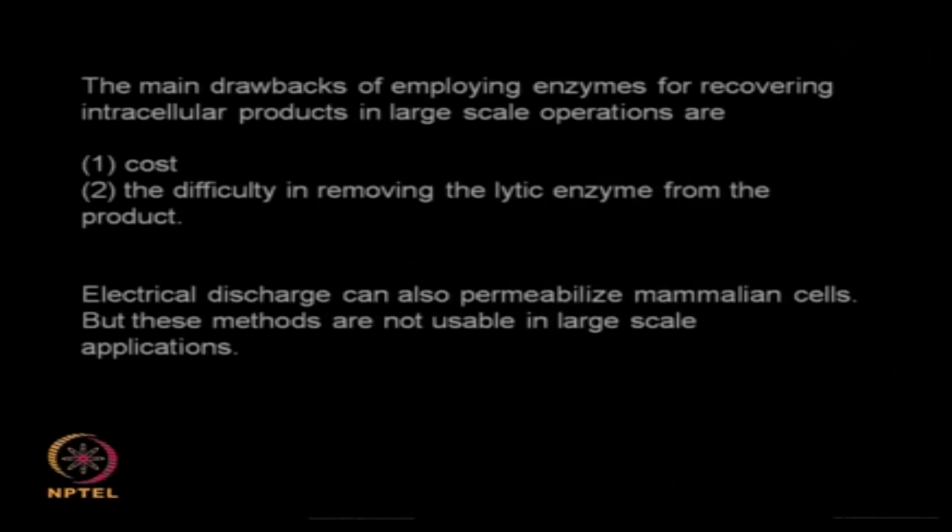The main drawbacks, as I mentioned, are the cost, and the difficulty of removing these enzymes after they have done their job, because if your intracellular product is an enzyme and you are using an enzyme, then how do I separate both of them. Sometimes even electric discharge can be used for permeabilizing mammalian cells,